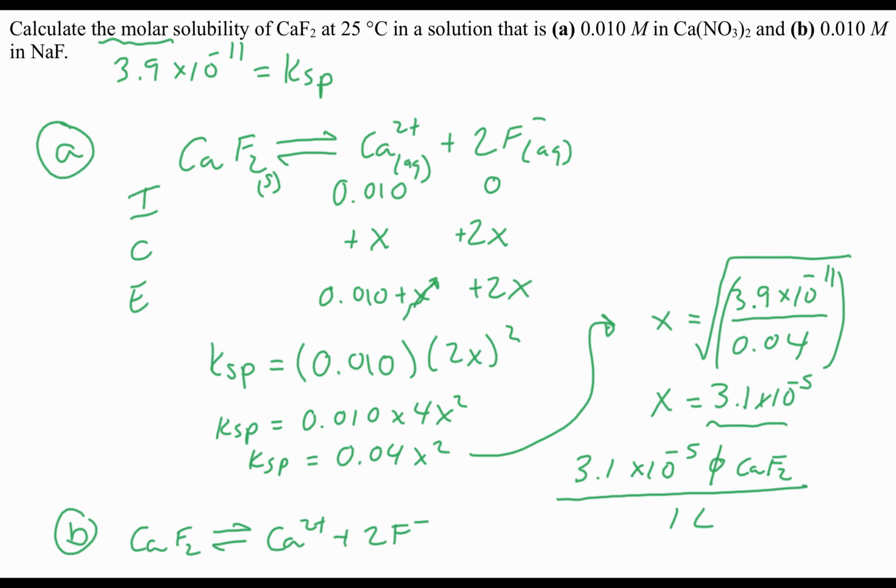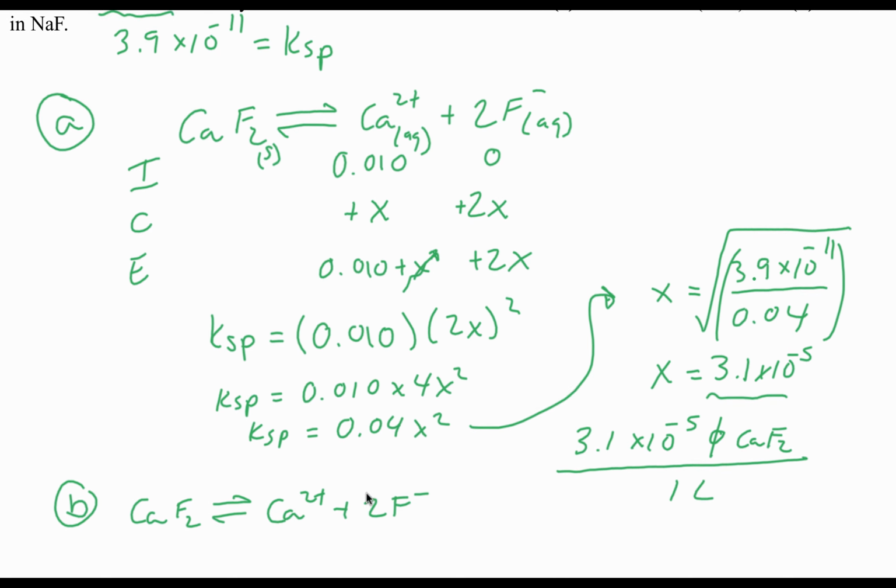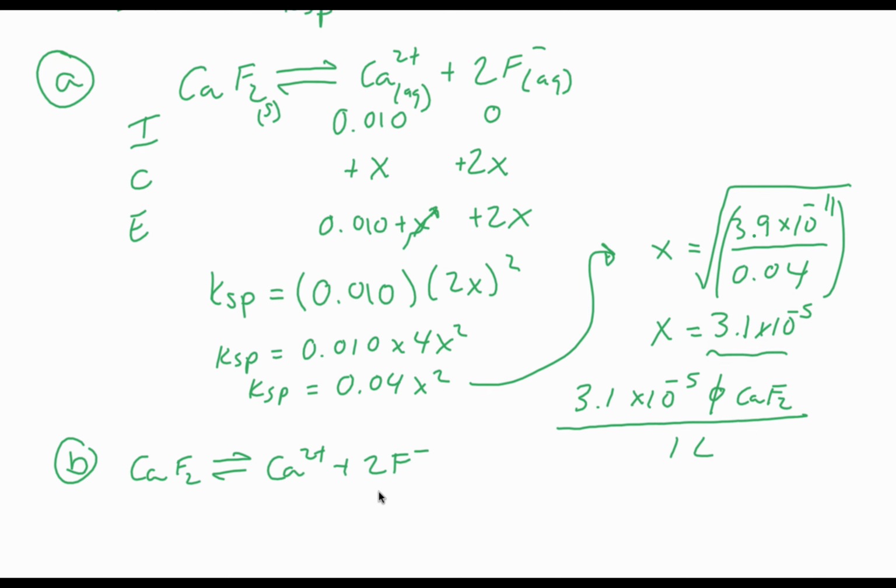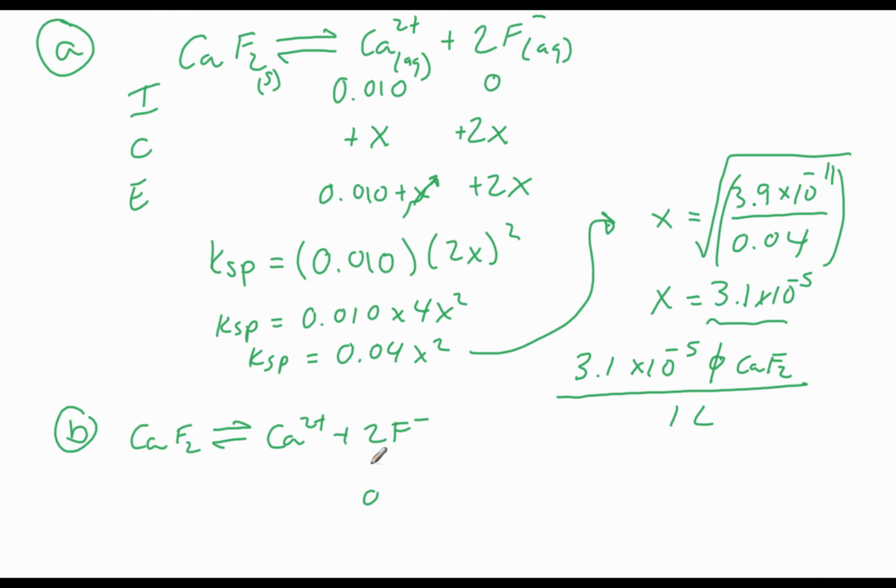So that means that this solution is now 0.010 molar, right? So this is 0, this is plus x, this is plus 2x, and this is x, and this is 0.010 plus 2x. And again, I'm going to avoid the 2x here, or assume that it is negligible, and